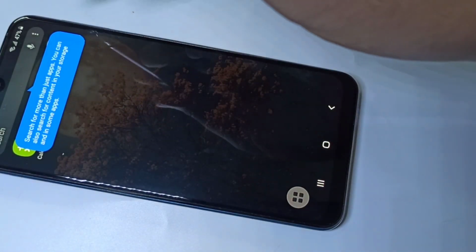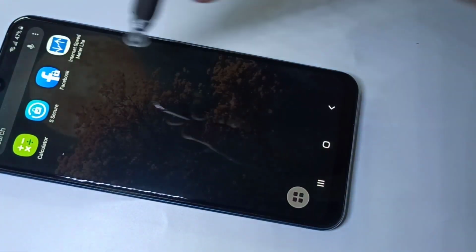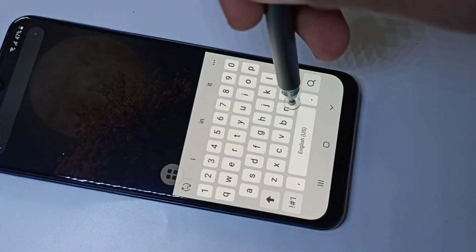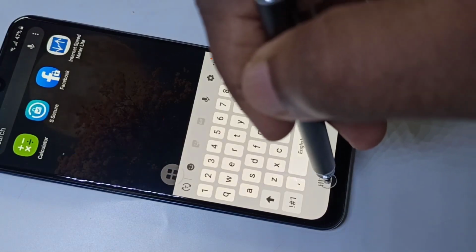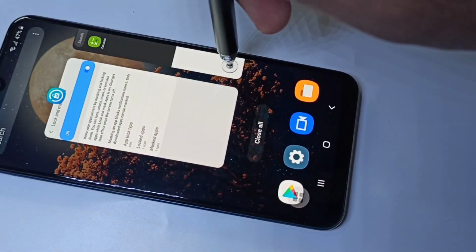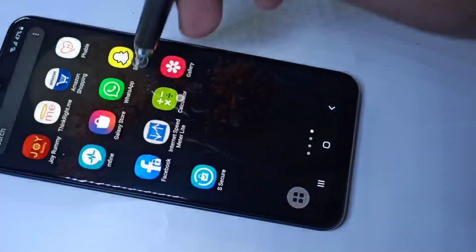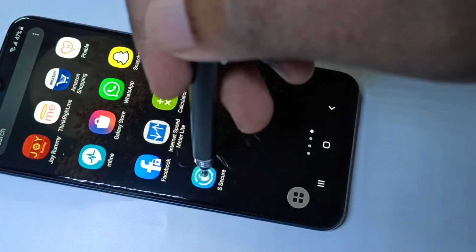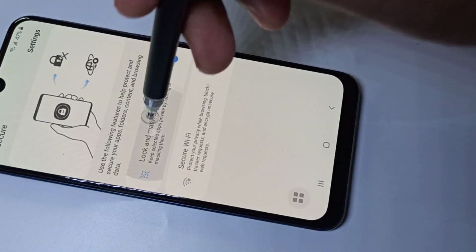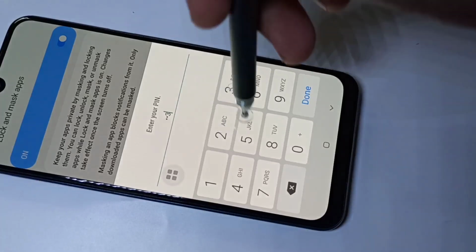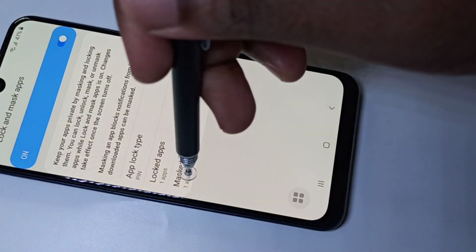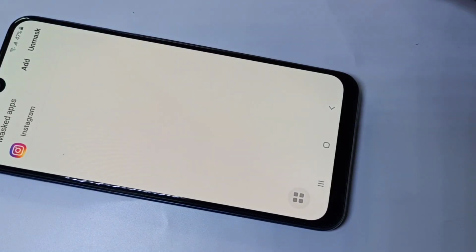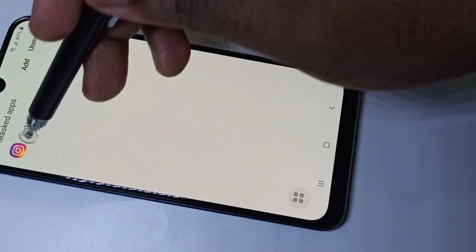it saves the changes. Now if you search Instagram, there is no Instagram. Okay, so if you want to open Instagram, again you have to go to Secure, then enter the password, then go to masked apps, then we need to unmask it.